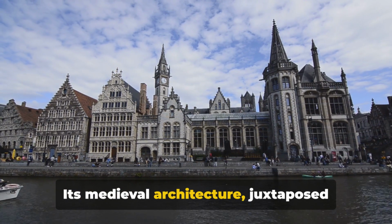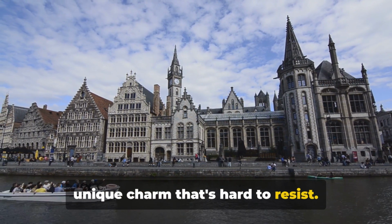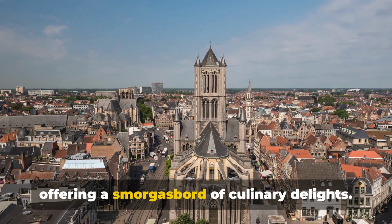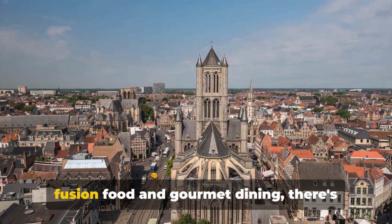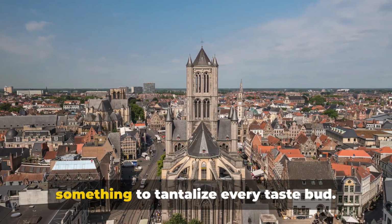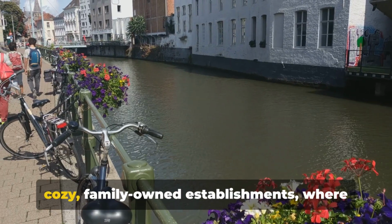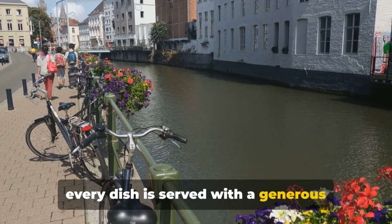Its medieval architecture, juxtaposed with contemporary eateries, provides a unique charm that's hard to resist. This area is a foodie's paradise, offering a smorgasbord of culinary delights. From traditional Flemish cuisine to fusion food and gourmet dining, there's something to tantalize every taste bud. The district is also renowned for its cozy, family-owned establishments where every dish is served with a generous portion of